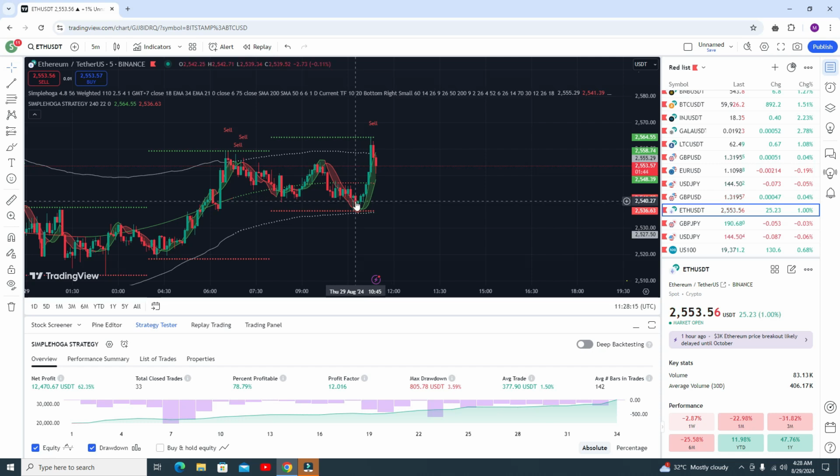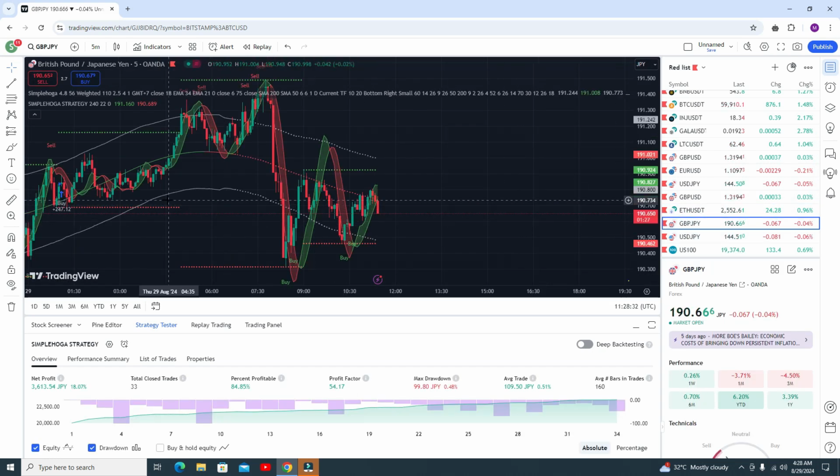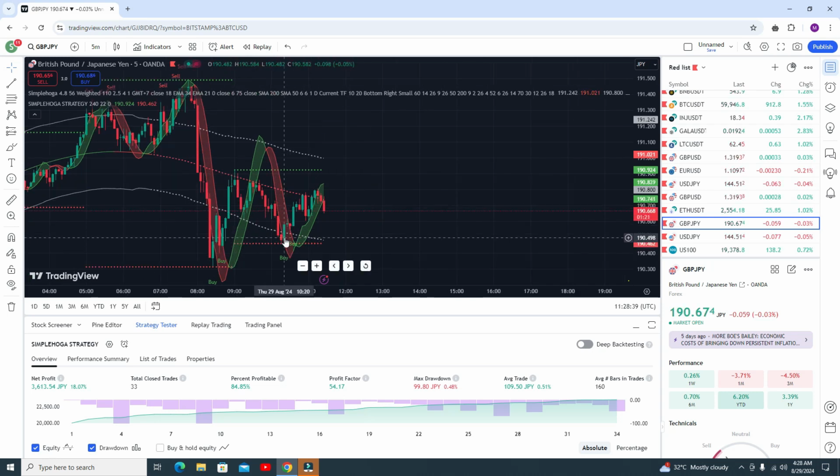Okay, and you got the signal, the price was around 2540, from 40 it goes to 63. Okay, it's around a $13 movement, and it's actually very good. Okay, in the GBP JPY, buy signal, yes, it's profitable. Another buy signal, it's now in progress, and it will definitely give you a profit.